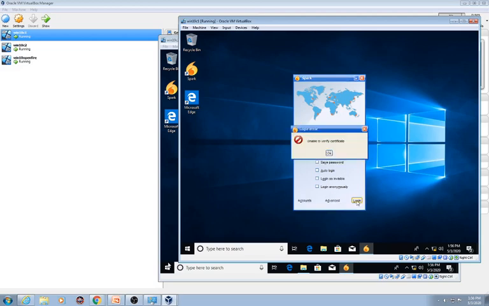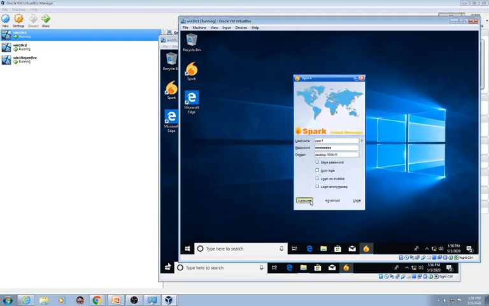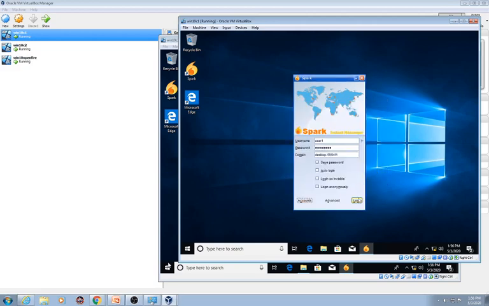Login. Unable to verify certificate. Okay. Automatically detect server host. Okay, resource Spark. I wonder what that means. Account. So here we go. Create a new chat account. We don't want to do that. Login and out. It's not going to let us do that. Nope. Okay. Maybe I can